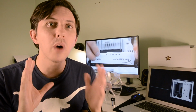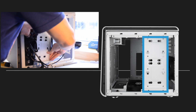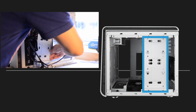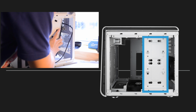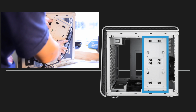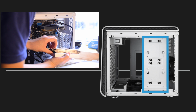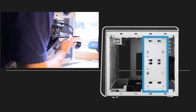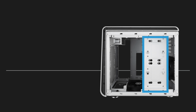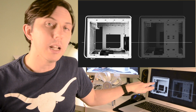First of all, what I didn't like too much about this case is how to actually mount hard drives. I originally went for using the bracket, which is good from an airflow perspective because it keeps the hard drives on the side of the case, but it was going to be very annoying every time I opened the case and needed to change something. I had this bracket with the hard drive in front of the motherboard, the GPU and the CPU, and every time I had to remove the bracket with the hard drive and fill it in with a lot of cables. So I actually tested the airflow by removing the bracket,